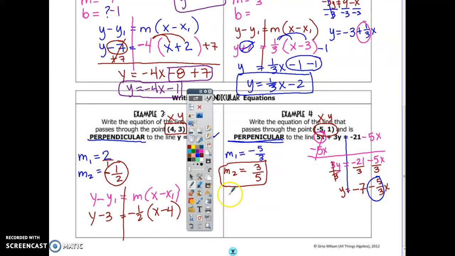You're going to plug it into the formula. The formula says y minus y1 equals m parentheses x minus x1. Don't forget your line. Plug in the numbers. So my slope is 3 over 5. What's my y? 1. So y minus 1, and x plus